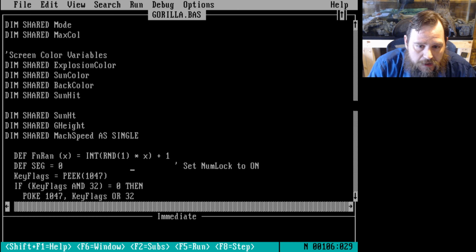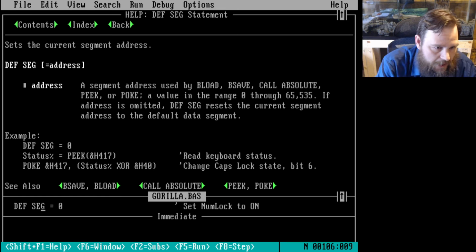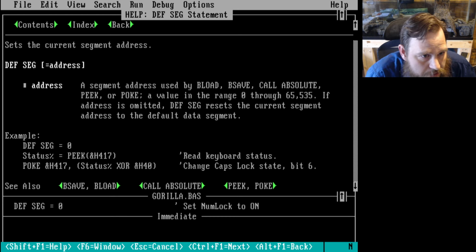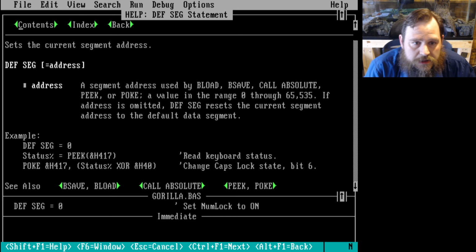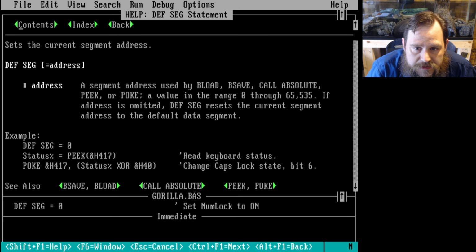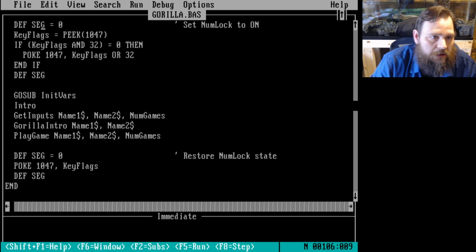Okay, def seg. This is set numlock to on. This is something new. What in the heck is this? So, sets the current segment address. Segment address used by bload, bsave, call absolute, peek, or poke. A value in the range 0 to 65,000. If the address is omitted, defseg resets the current segment address to the default data segment. So, okay, what this is saying